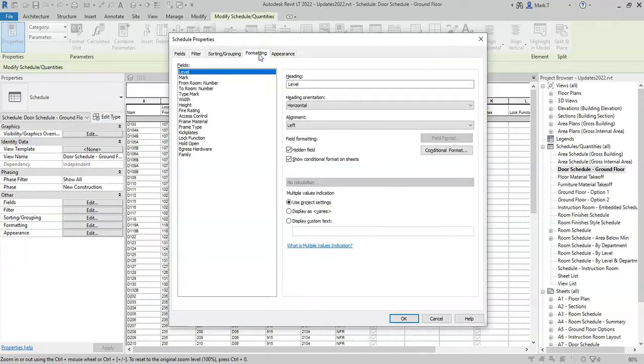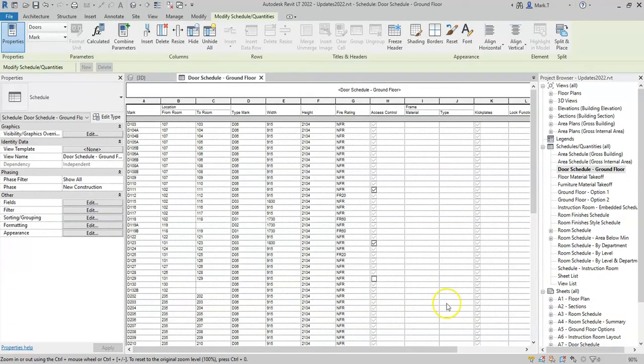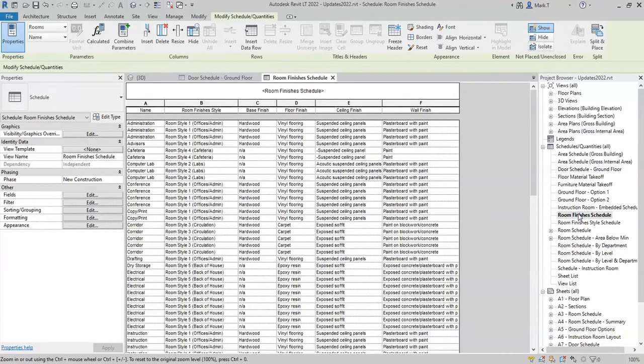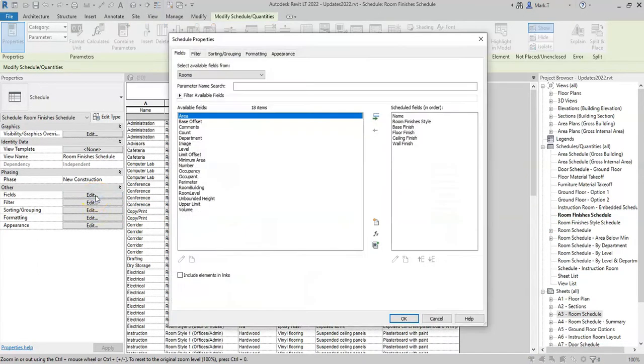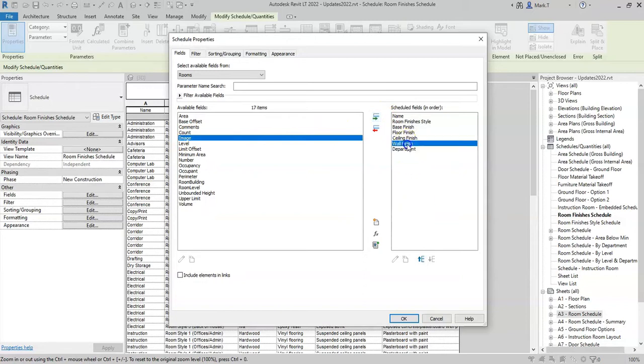If I go back to the formatting, there are some new settings available here called the multiple values indication. Let's go and look at this in a different schedule. I'm going to go to the room finishes schedule. I want to change this schedule to group by department. So I will go to fields. I will add the department field,